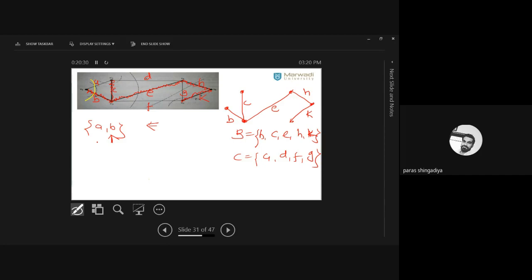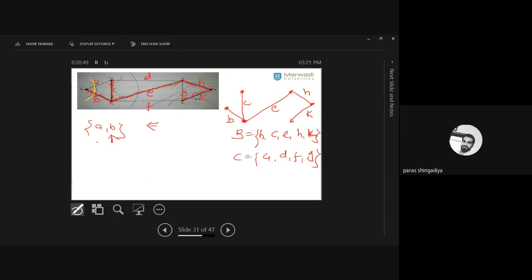Why is it a fundamental cut set? Again, I repeat that you have to consider a set of edges which makes the graph disconnected. And now it is a fundamental cut set. Why? As per the spanning tree T, the set involves one edge that is a branch and the rest of the edges are chords.